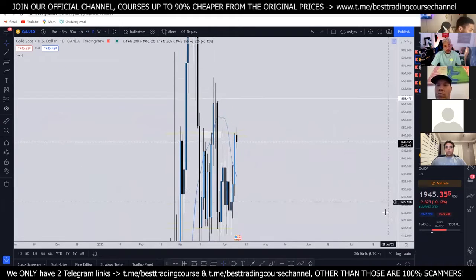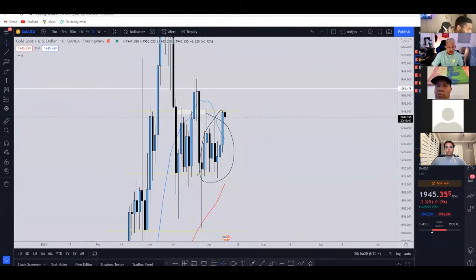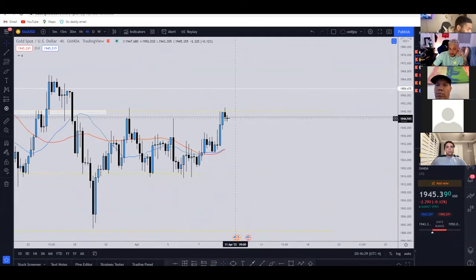Nothing too complicated. I do see gold potentially going bullish if this momentum obviously holds up. The only thing is we want to wait for the confirmed break, the retest, and then we'll look for price to come back up into 1960. That'll be the best setup because we don't want to just be buying right now at resistance because price, again,